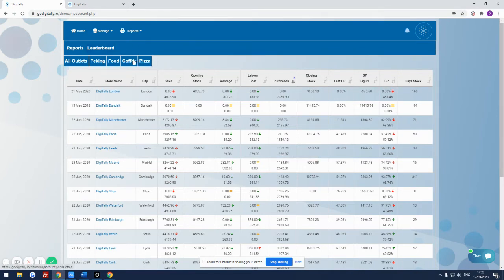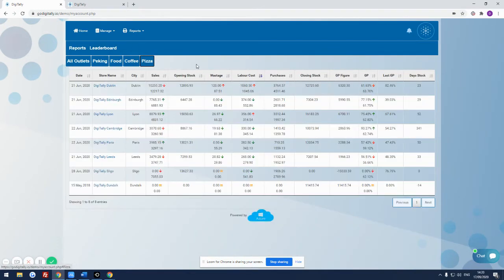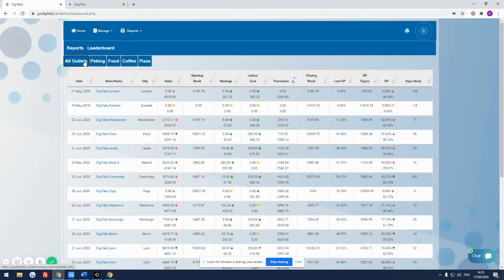You can see here that you can click into coffee, pizza, compare all the different stats from here as well. So all the stock counts and gross profit figures will be put in for each site, and you can compare again each site one against the other, see who's doing best, see who's doing worst, and just as the owner